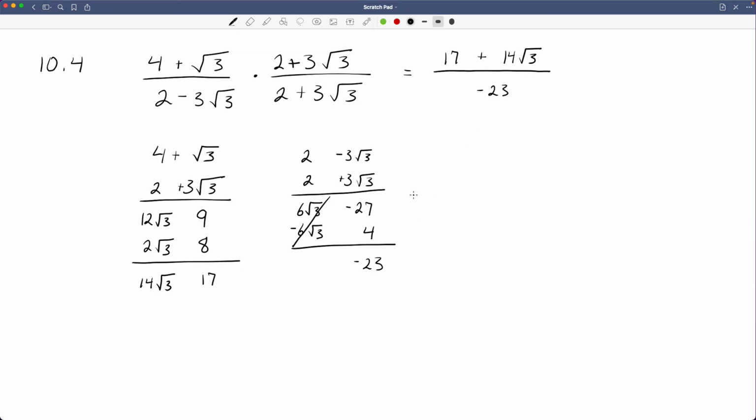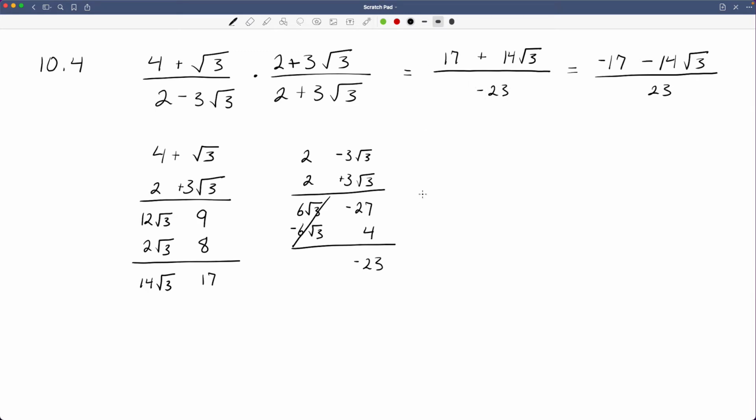All right, and remember that we actually want to take this, and we don't want a negative in the denominator. So we want to take this negative 1 out and move it up here and make the whole thing negative. And when we do that, our actual answer is going to be negative 17 minus 14 times the square root of 3 over 23. Because in order to change the denominator here, we have to multiply the top and the